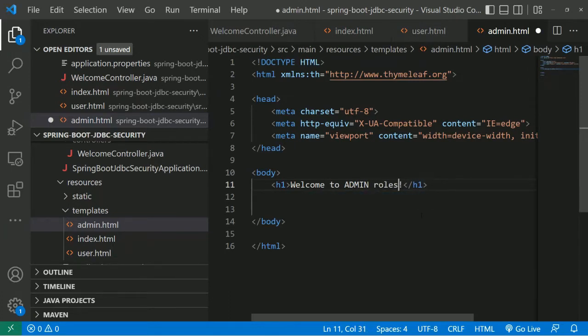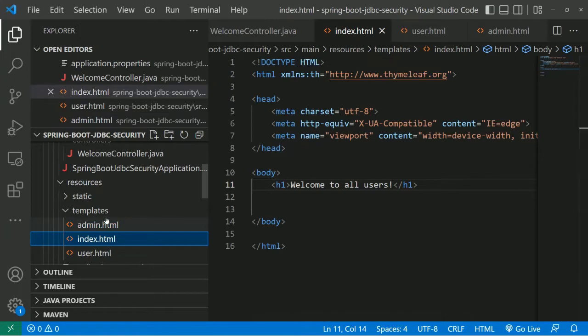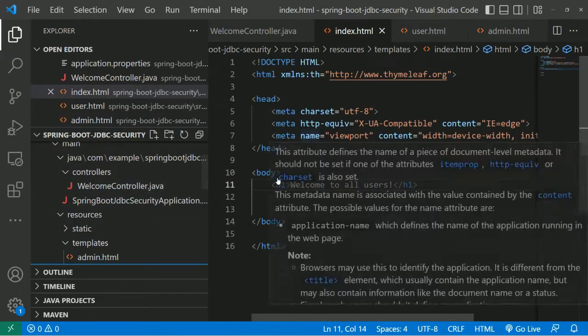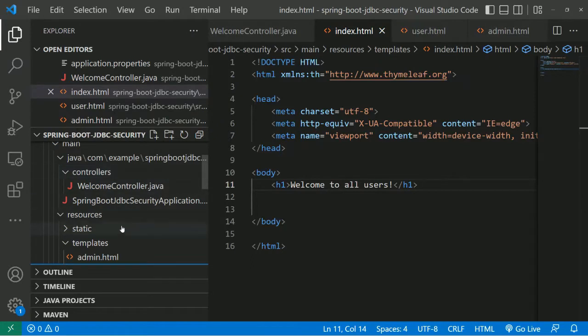Well, just admin roles. Welcome to admin roles. There we go. So we've got 3 templates set up, which we've seen before. So far, nothing here should really be new to you. We've defined our templates. We've defined a welcome controller that responds to these templates, and we've set up some basic